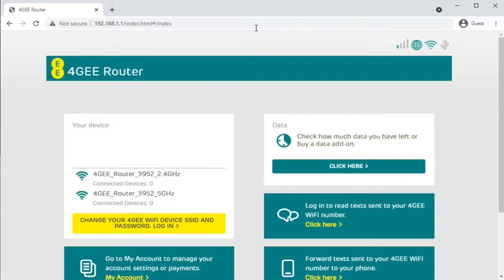Hello, today is a video on the web interface of the EE 4G router, which is otherwise known as model number HH70VB and possibly HH70VB-2BE8GB3. The aim of this video is to make it easier for anyone to support somebody who has one of